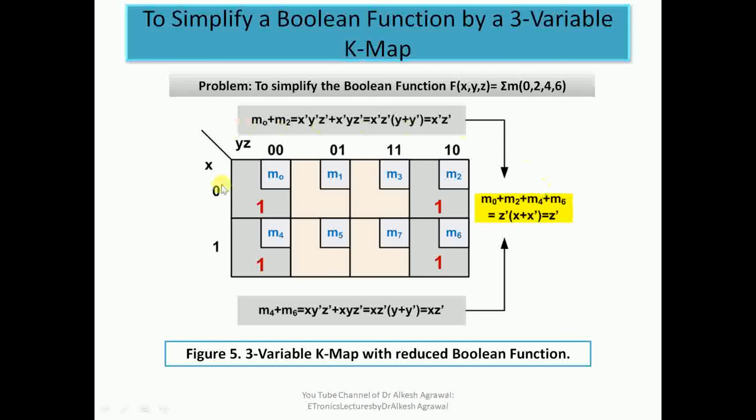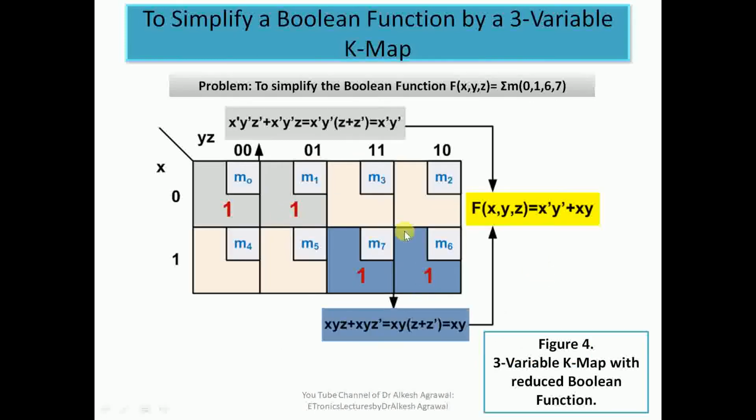So directly we can also reduce the Boolean function when you have sufficient practice. This is the indirect method. Directly also you can reduce this K-map, and the final reduced form is Z bar. Similarly, if you reduce directly from this K-map, you can focus on these two minterms. For these two minterms, X is 0, so you have X bar.